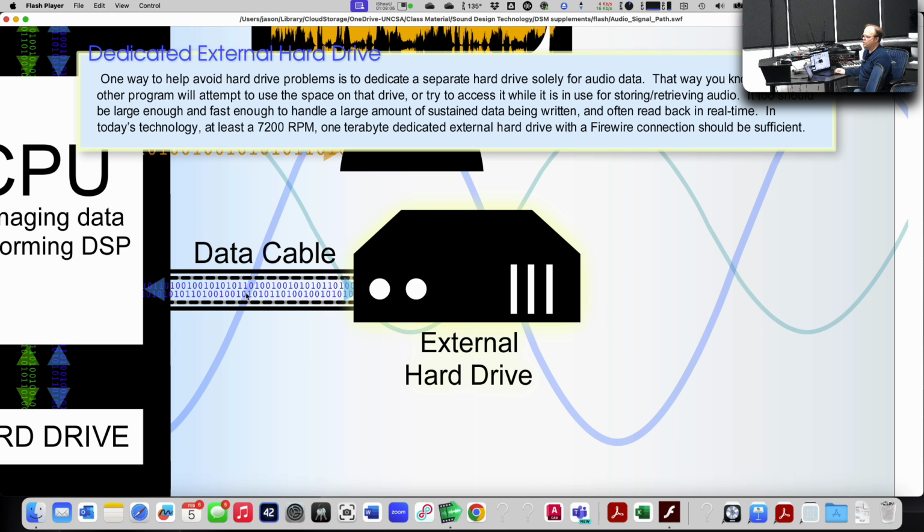But this cable, you want this to be the highest throughput connection you possibly can get, and these days that's Thunderbolt. Coming in a close second, well, kind of close, is true USB-C. A true USB-C connection can get you up to 10 gigabits per second. And behind that, the next fastest thing would be some sort of external serial ATA connection, which had a very short life. They thought that would be a bigger thing than it ended up being. And then behind that,